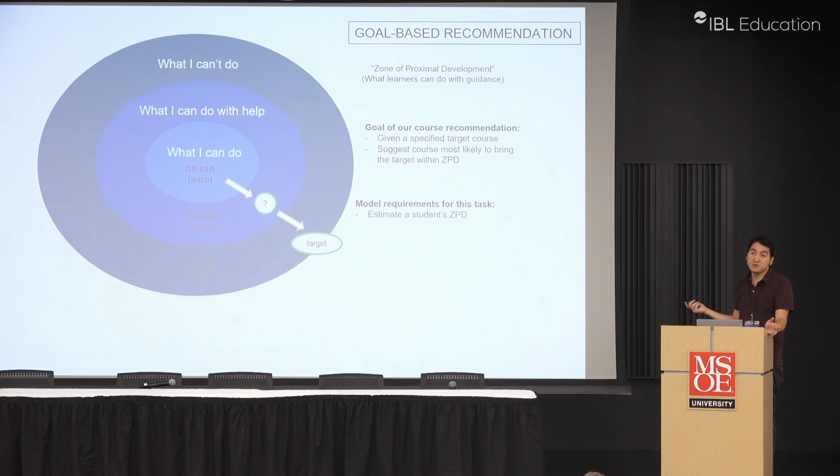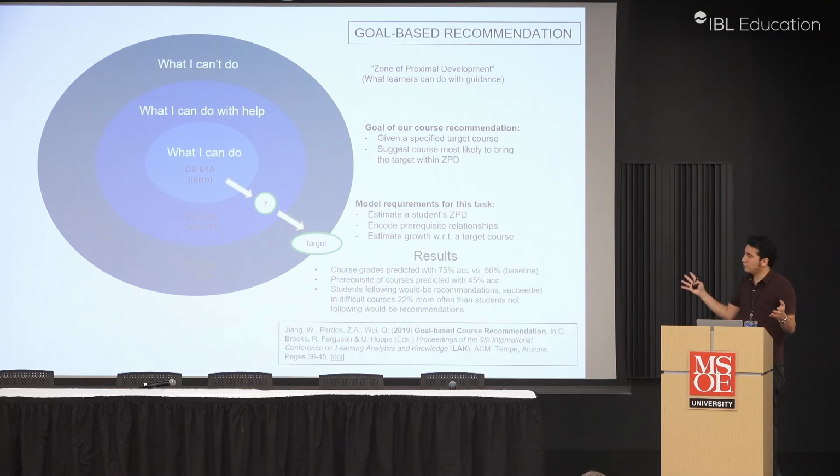But in order to do this, we need to do things like estimate if a student will pass a class, given their history. That model also has to implicitly encode prerequisite relationships, and then also be able to estimate the value add to the learner's knowledge that course represents if they pass it. And we found some favorable results where we're predicting the grade pretty well. We're finding 45% of the on-the-books prerequisites that we're inferring just based on enrollment patterns.